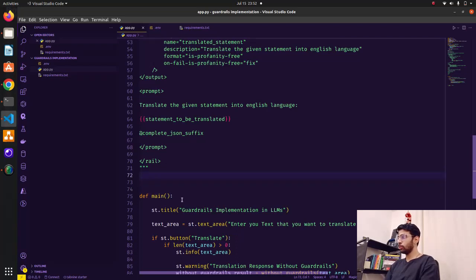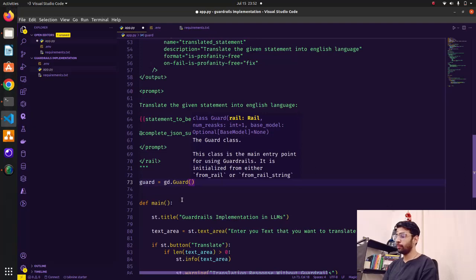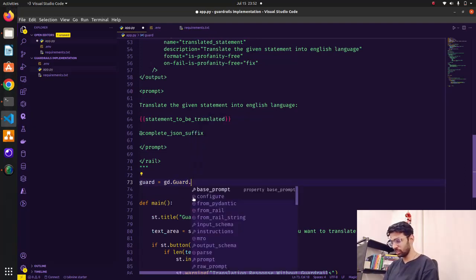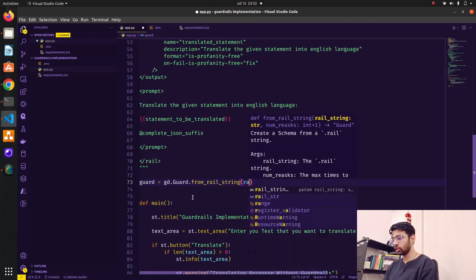So let's use this. I'm going to write a variable called guard, and in this guard I'm just going to use gd.guard, basically the gd that we have imported, the guardrails.guard, and I'm going to pass, it's not a function, from RAIL string. So from RAIL string, and inside this I'm going to pass my RAIL structure.